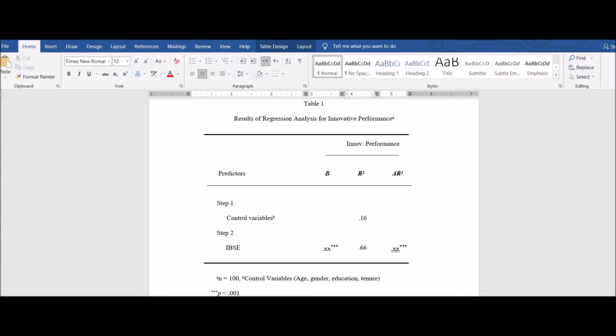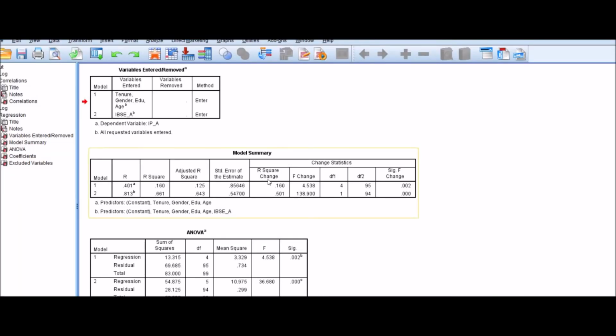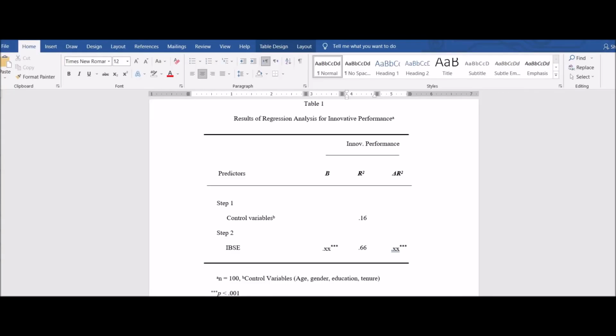Now you need to put the change in R square, which is 0.50. You can simply calculate it by subtracting the model 1 R square from model 2 R square. So you will enter 0.50 in the change in R square field, and you can see that your change in R square is significant at 0.001.